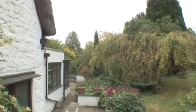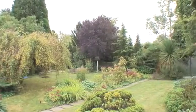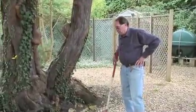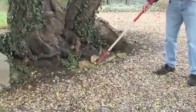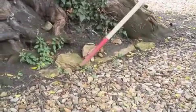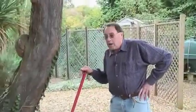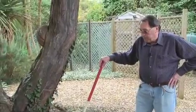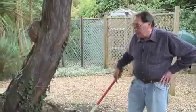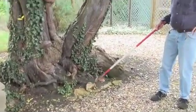Okay, well, Clare's cottage in the early part of the 19th century had considerably different boundaries to the boundaries which we can see at present. Now, this is in fact an old boundary of the cottage. This wall, or remains of this wall, was upstanding during the period when Clare was living here. And in fact, he does record in his notebooks about a plum tree falling down at the corner of his garden. Well, this may well be the very plum tree itself, which is actually growing against or over this rather ancient